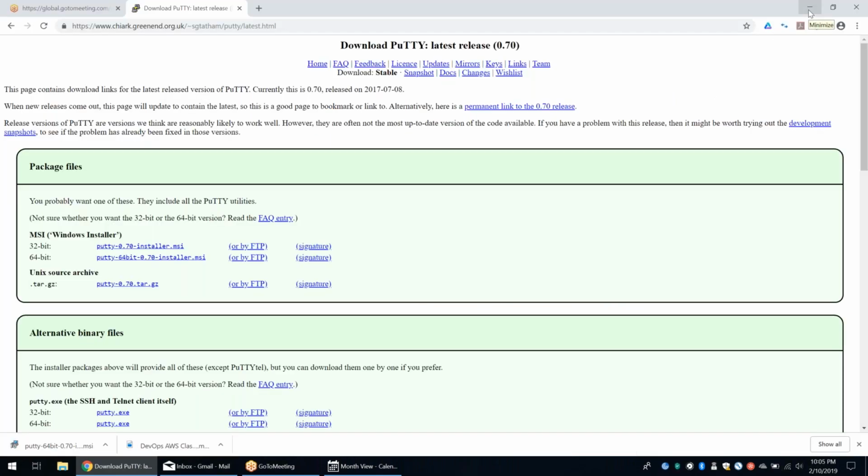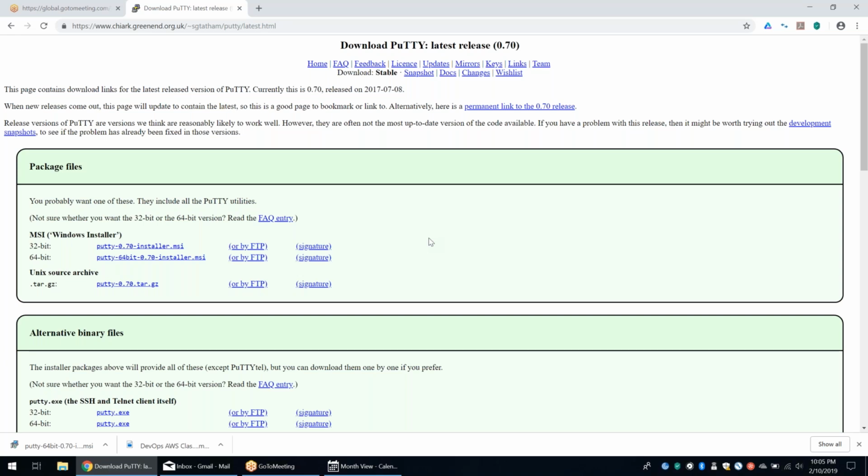No, see, remember, when you try to connect from a Windows laptop, you have to convert your PEM key into PPK. A PEM key works only in Linux or Mac, but for Windows you require a PPK. So whatever PEM key you have, you have to convert into PPK. For that you need PuTTYgen software, which gets installed by the PuTTY software itself.